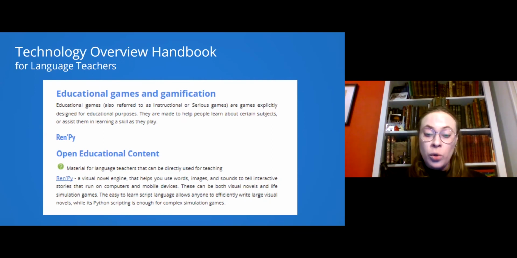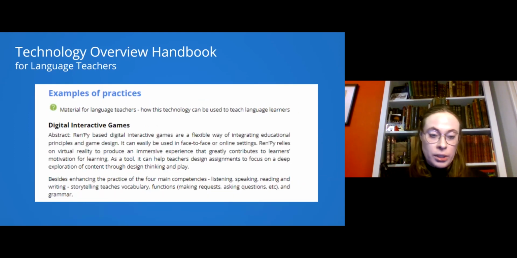We have open educational content. If one exists, we have already provided the link here. So if, for example, you would like to see and use something that has already been created, you can just use the link that is already here in the toolkit and use it in your practice. Another thing that we really wanted to have is the example of practice. So it's not just the description of the tool, but the actual things that you can already use in the classroom. First there is a little bit of a description, like what people are using it for, how they use it,